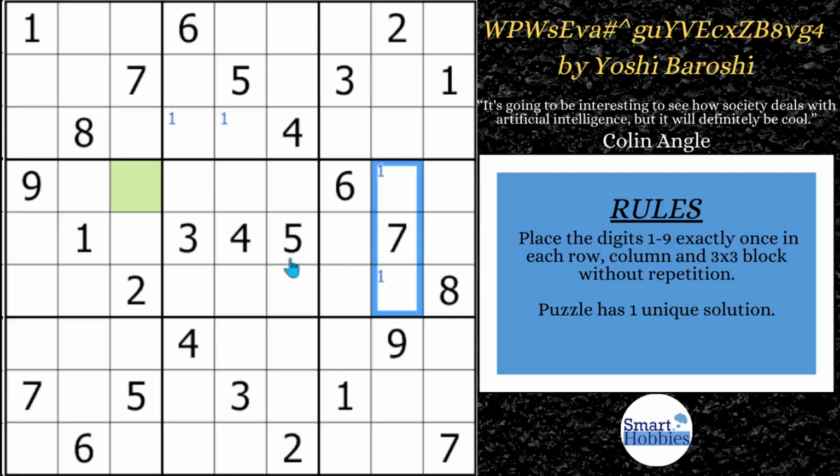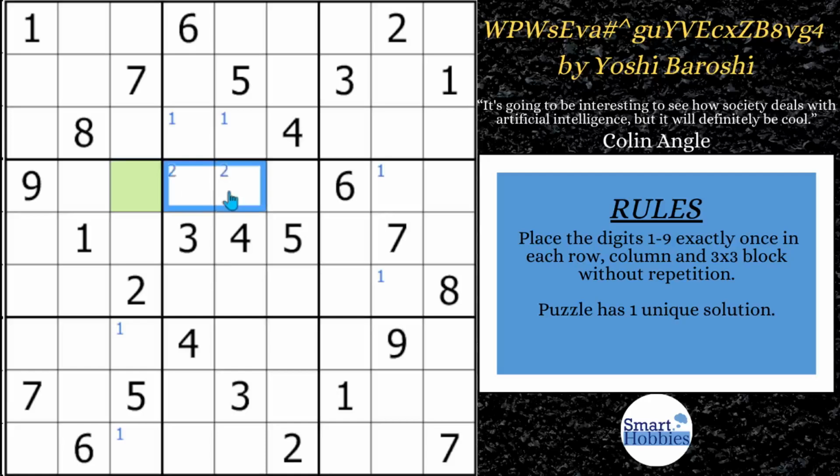2 possibilities for a 1 right there, and 2 possibilities for a 1 right here. Don't see any other spots where there's only 2 1s. Okay, the 2s, we got this 2, 3 possibilities for 2 here. That's not going to help us. And with this 2 and this 2, you got 3 possibilities for 2 there. So really can't do much with the 2s, except if you come across here, you'll notice that the 2s are